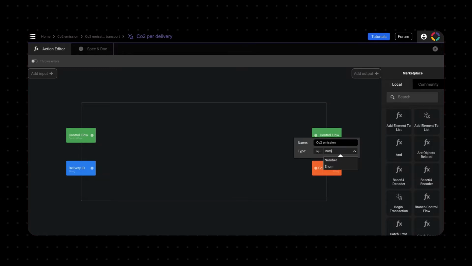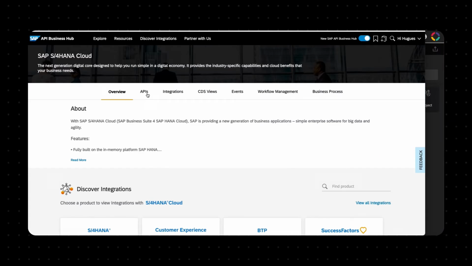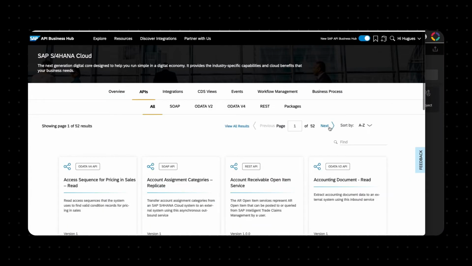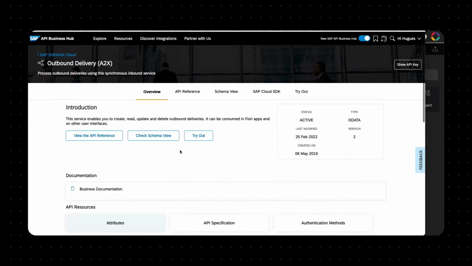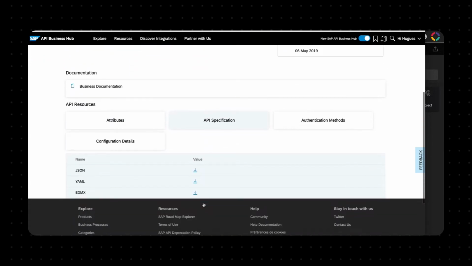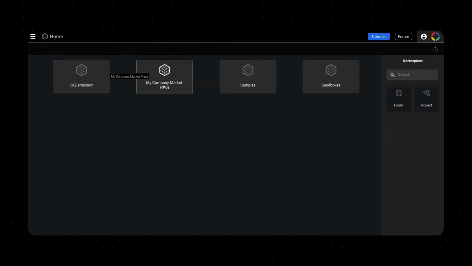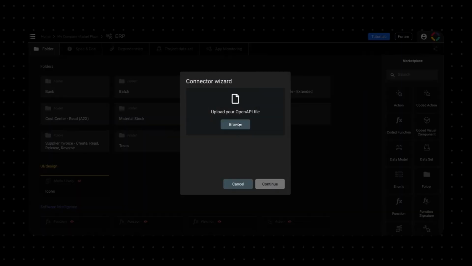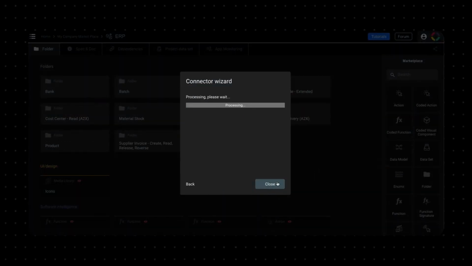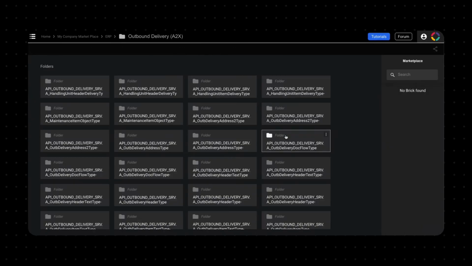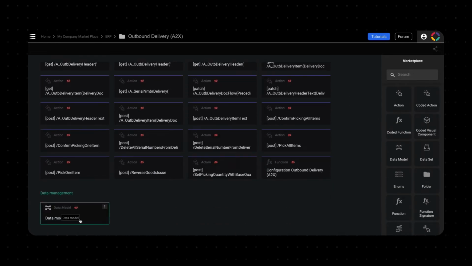Now we will pull the data sources together. First, we will capture legacy data from S4. We find the standard API ready to use on SAP's API page. For this S/4HANA Cloud inbound delivery, we download the Swagger, and then we'll create a new library in Draw. Now we integrate the Swagger file we just downloaded, and let Draw do the work for you. All the required actions to call the API endpoint are now ready to use, and the data model is ready